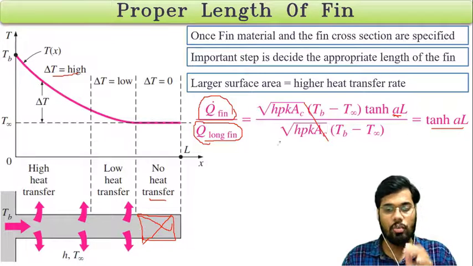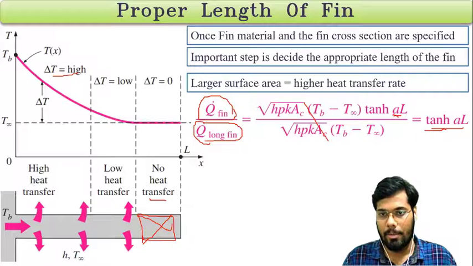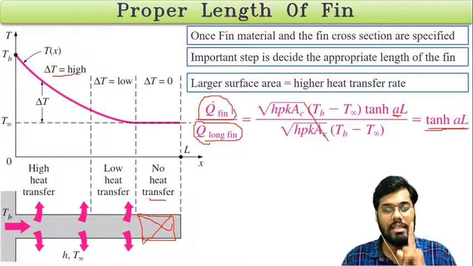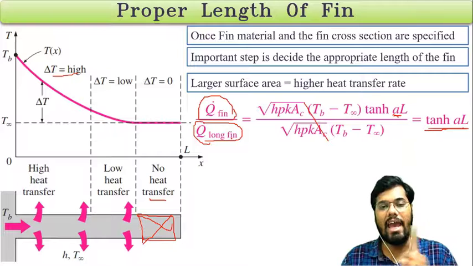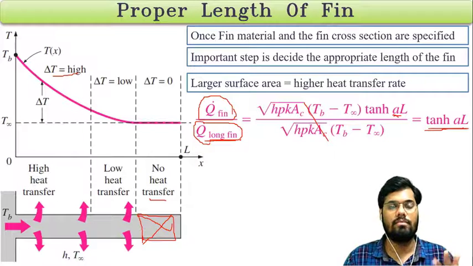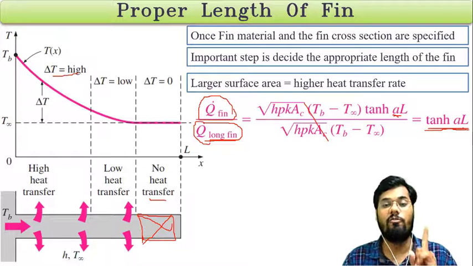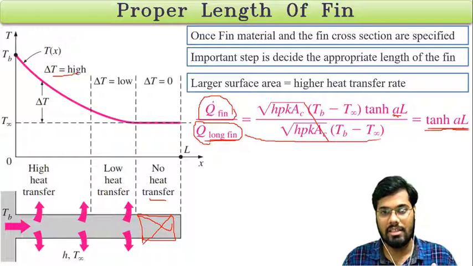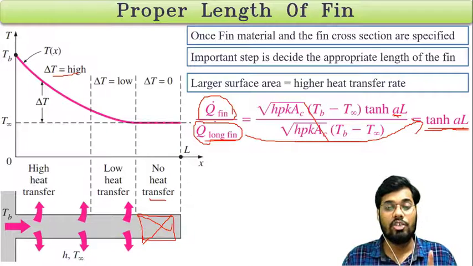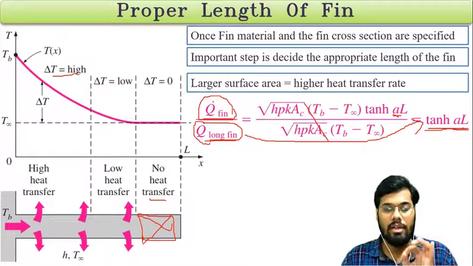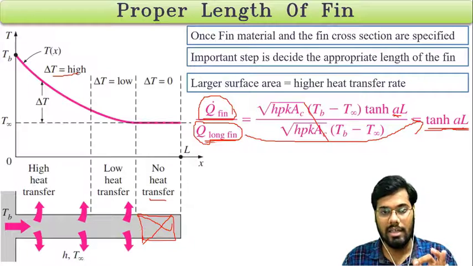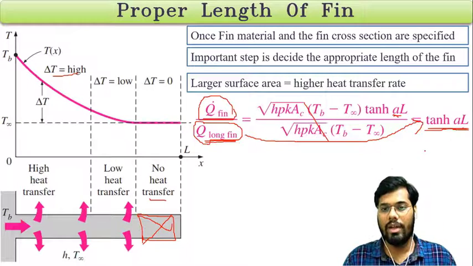So from this ratio we can say that if the value of this tanh(AL) becomes 1, then our fin with finite length will act as an infinite long fin. I will repeat my sentence. If the value of this tanh(AL) becomes 1, and we cross multiply this Q long fin here, it shows that our fin with finite length will give the same heat transfer rate as the long fin. So when the value of tanh(AL) becomes 1, so here we have